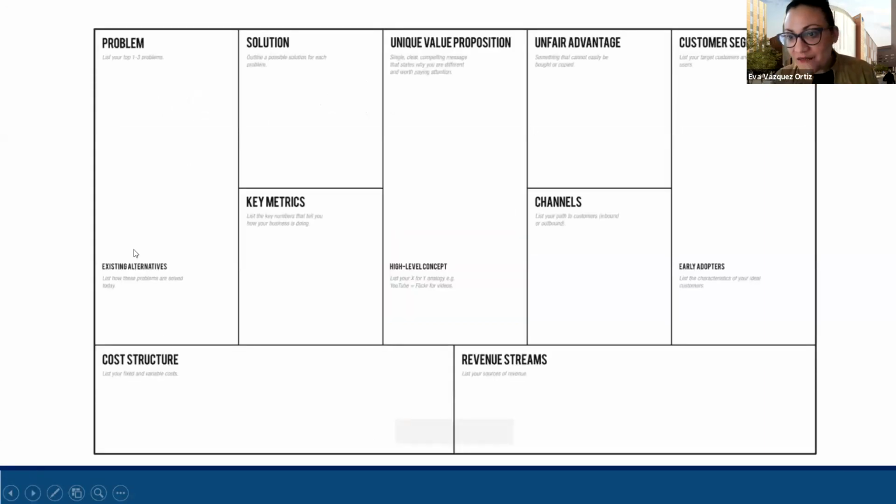Here's the lean canvas. There are plenty of templates on the internet. I think we included one. For your assignment, if you don't want to use this template, you can just use the subtitles and fill the blanks. You can use bullets to just make sure it's clear and it's something I would be able to understand.